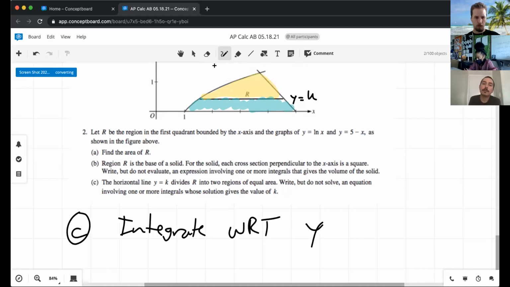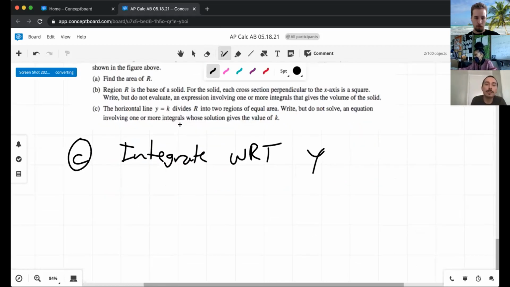Well, if we want to integrate with respect to x, just imagine the complicated nature of integrating this first part, right? We don't know this endpoint here because we don't know where k is. So you can imagine having a variable here. We also don't know this endpoint here. We also have to deal with this split in the two different functions. This is a nightmare. But if we rewrite both our equations in terms of y,